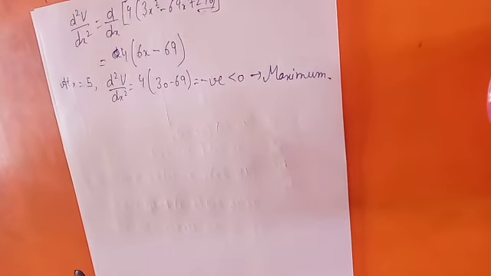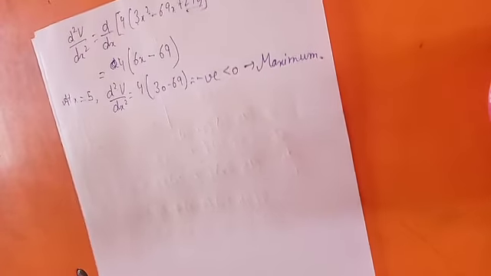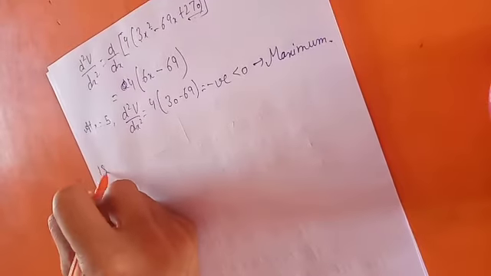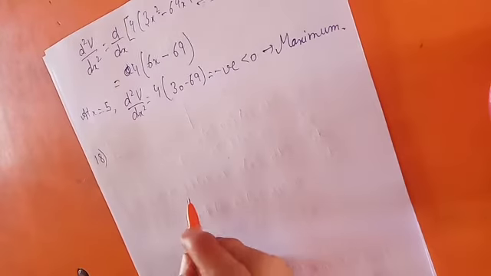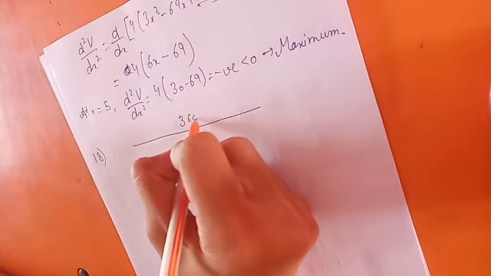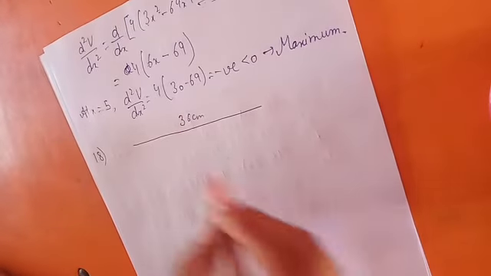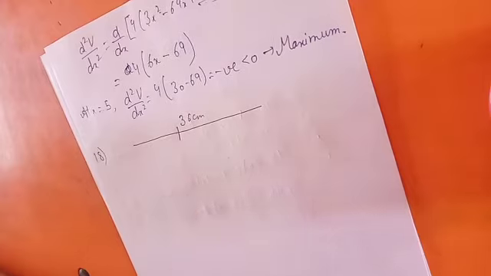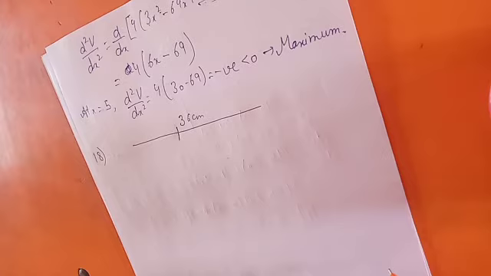Next question is question number 18. A wire of 36 centimeters is cut into two pieces. Question number 18: a wire is there of 36 centimeters. Okay, it is cut from some place. One of the pieces is to be made into a square and the other into an equilateral triangle.